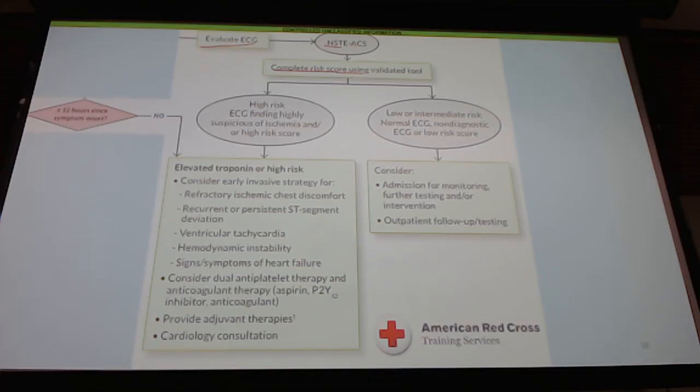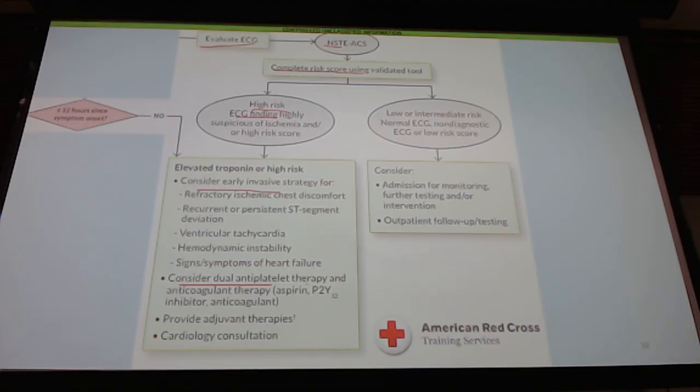And that's the unfortunate thing, because this is an American Red Cross thing, so this is an American thing, and so you would think that they would have our Americanized validated tools to use for this, right? But it just leaves it vague. If you use your tool and you identify this patient as high risk, or the EKG finding is highly suspicious of ischemia and or a high risk score, then you're going to consider early invasive strategy. So these are patients, even though they don't have an ST elevation MI, who are going to go to a PCI facility, or get PCI to fix whatever that perfusion deficit is and treat the condition.